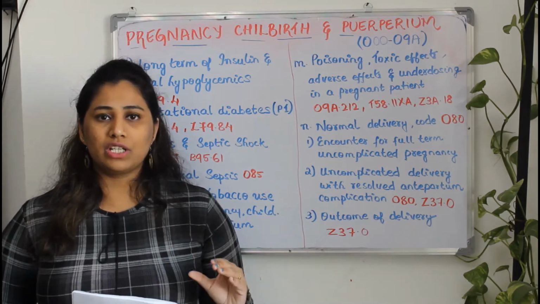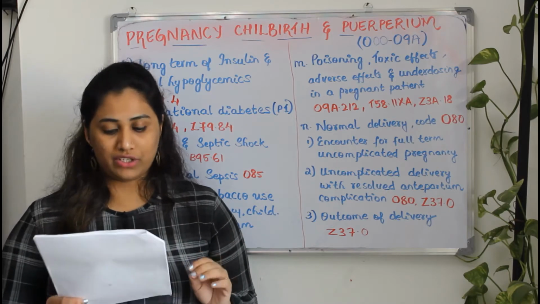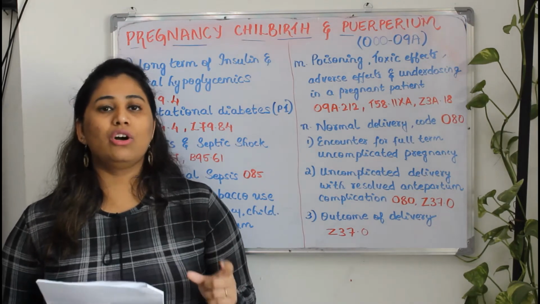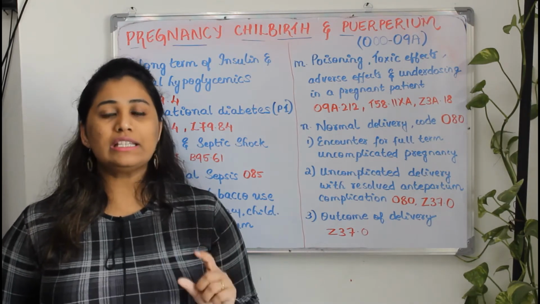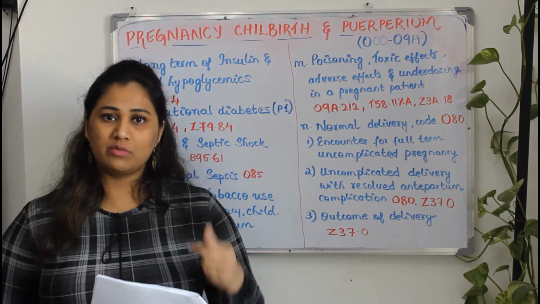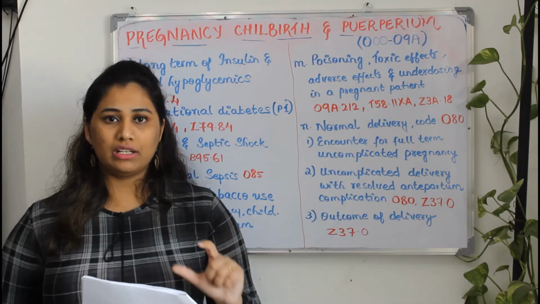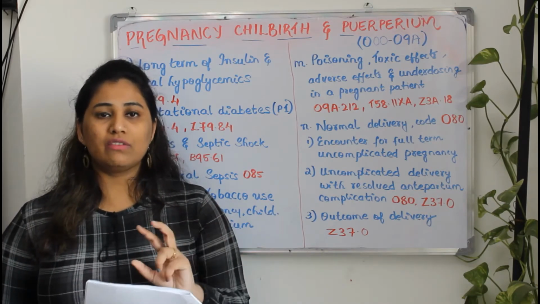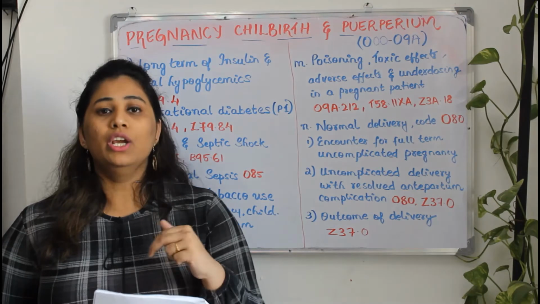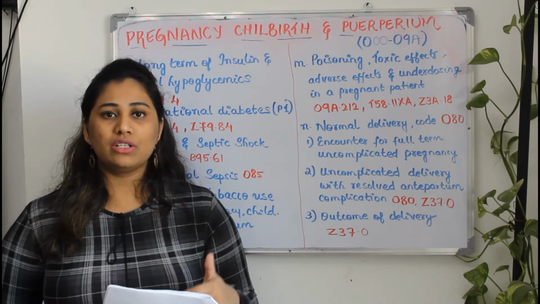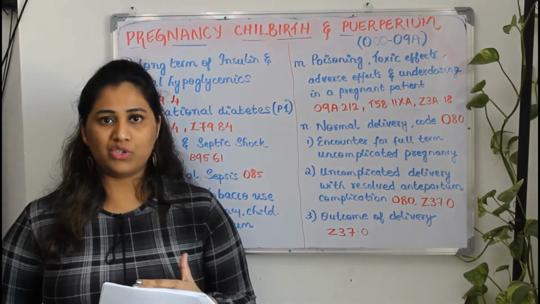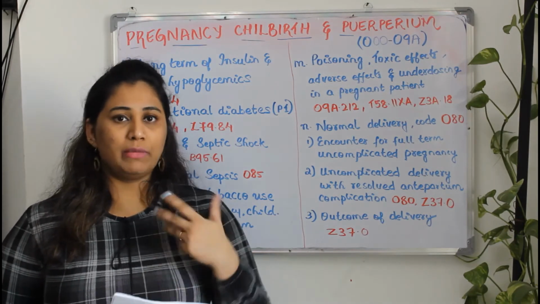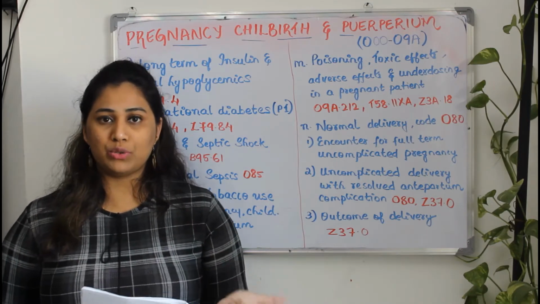So if the woman is an alcohol dependent patient, our primary category code for the alcohol will fall under O99.31. If you are in front of the textbook, please open that so that you will clearly get an idea. In O99.31 in the textbook, you will see a comment like use an additional code. So what will be your additional code? As the patient is an alcohol using patient, this secondary code will be from the F series, which is mental health and behavioral, in that, use, abuse and dependence.